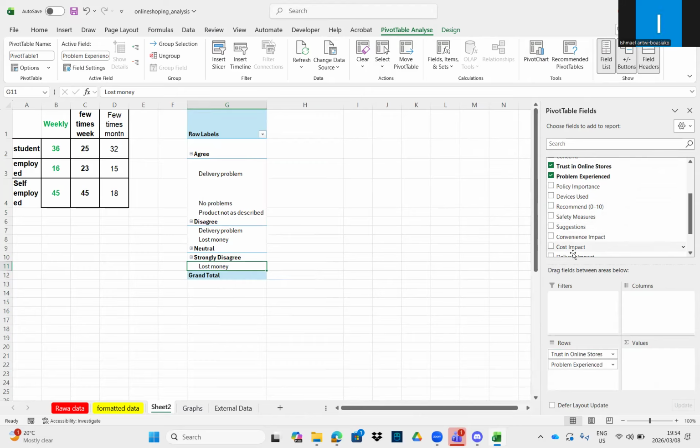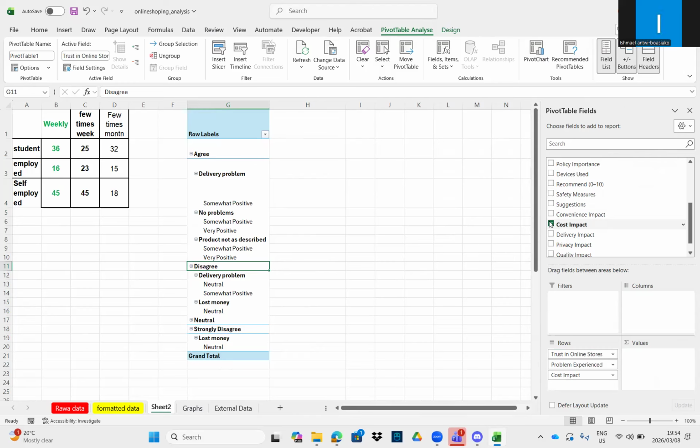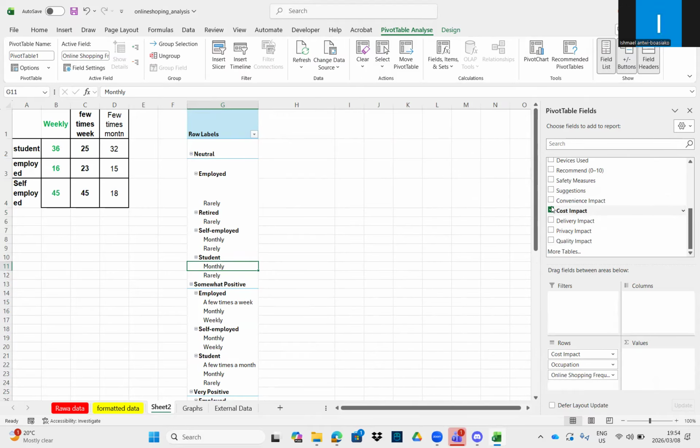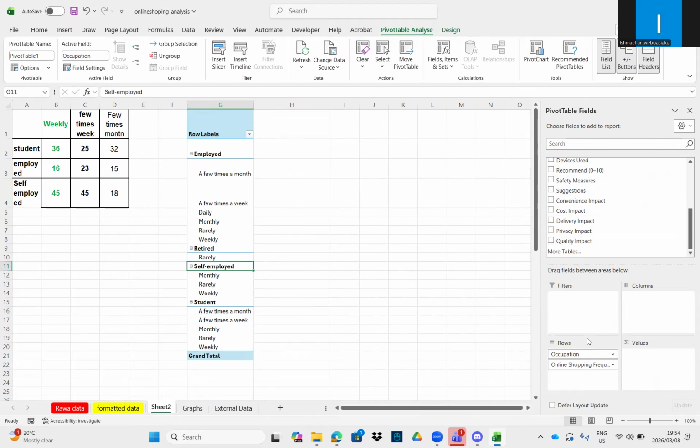I will have some few examples. Also, let's say cost impact and then also other impact. So you can now choose one or two. You can even decide to choose maybe the occupation and this one. So you can see here, occupation and delivery